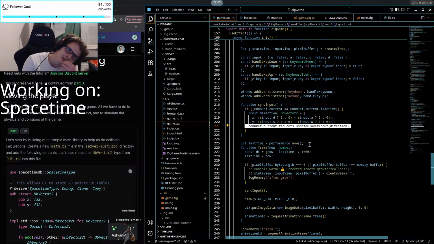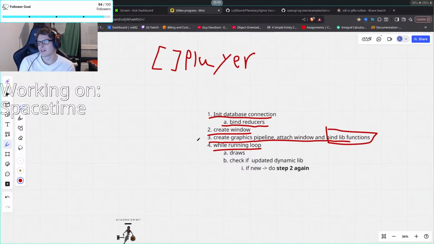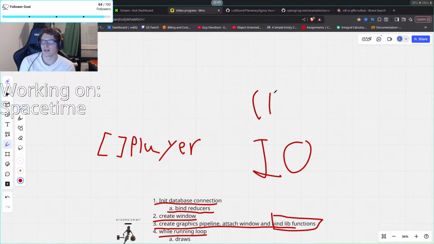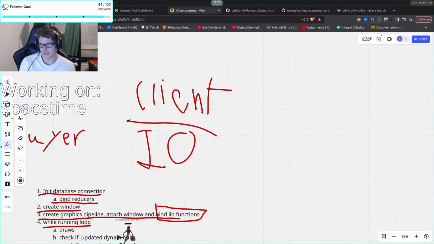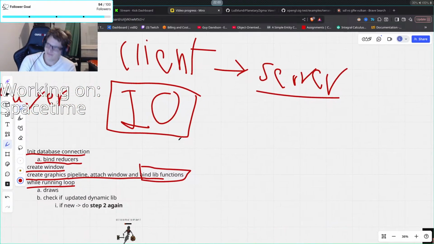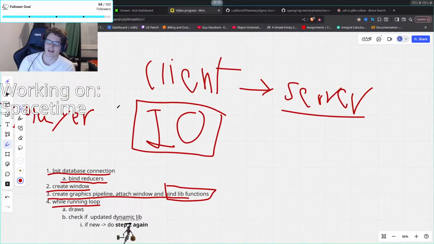So I'm just thinking, like, where should the IO go? Because the client has to send that to the server, right? That's the one that sends the IO to the server. And the server just updates what ideal inputs they have, and then on the next update they send back, like, what actually happened. You know?